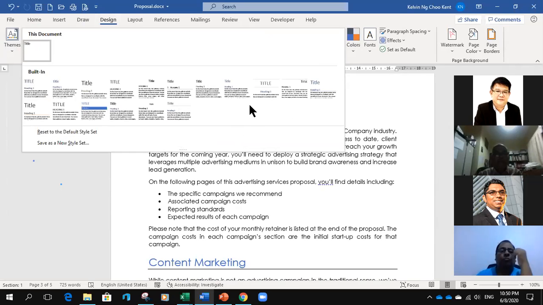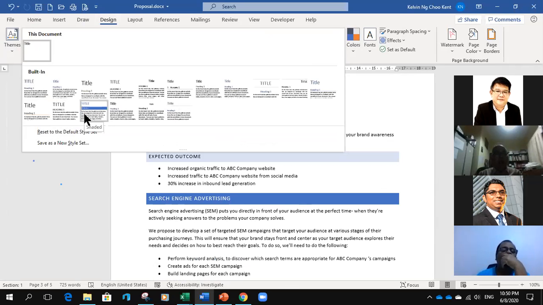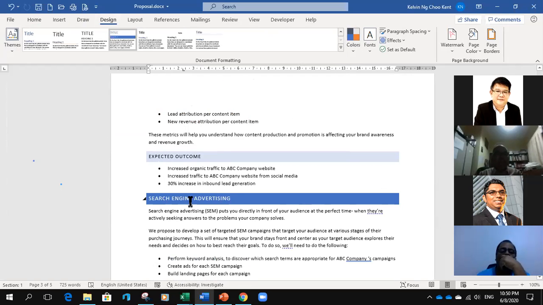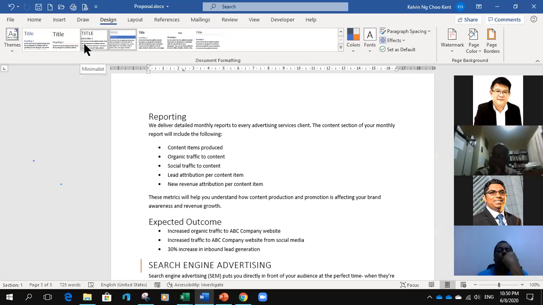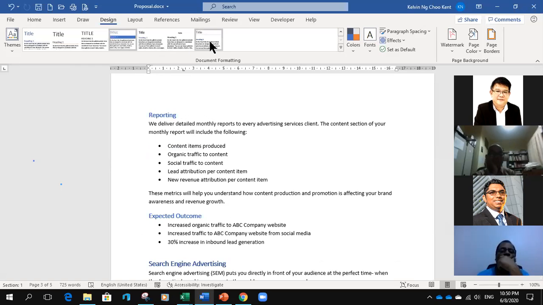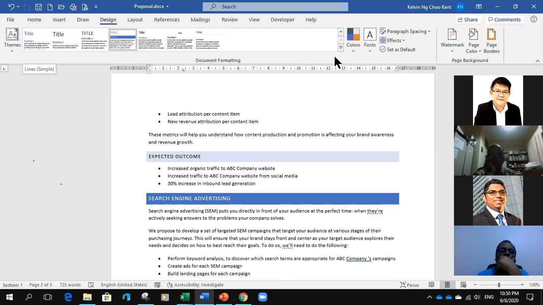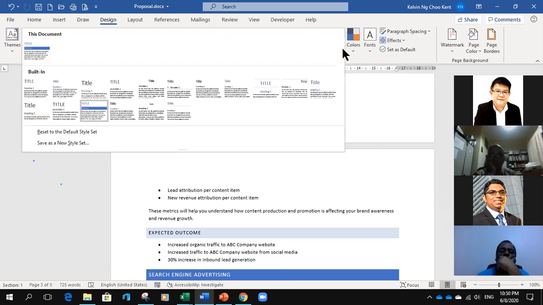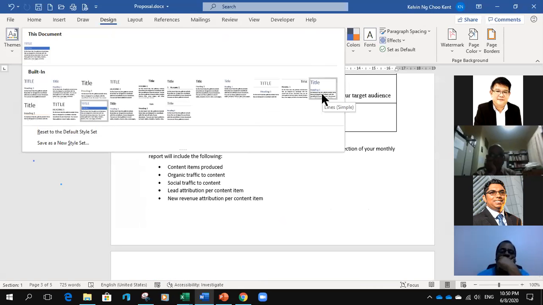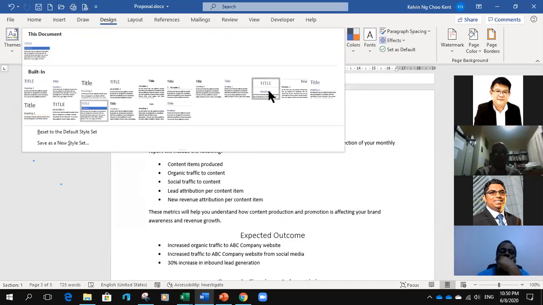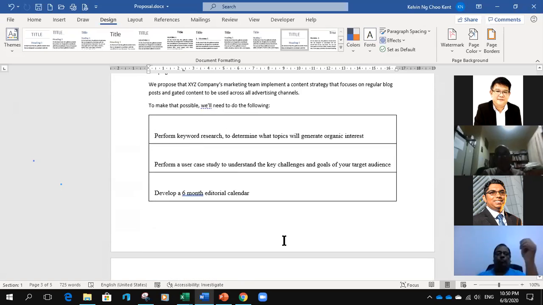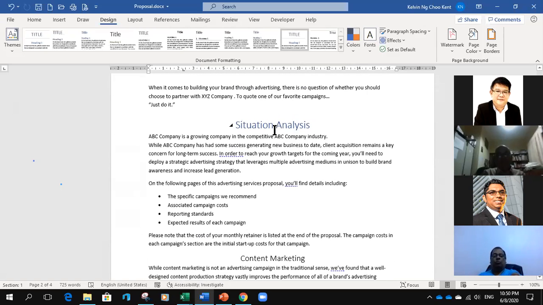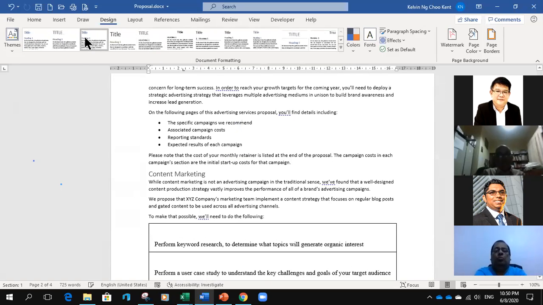So for example, I can click on something like this, and the feel and look of my document is different now. It's no longer the red color. See, this used to be red color. Now it's a blue background with a white text and whatnot. If I decided I don't want that, I can click this. If I want, I can click this. I can have different styles available. There are so many different styles that you can choose from. Now the titles are in the middle. So you can decide which do you like to use.